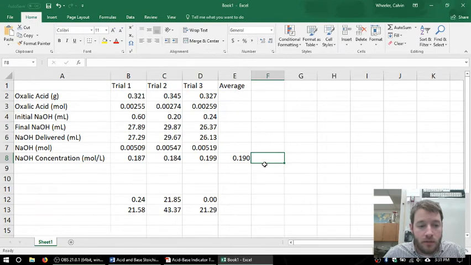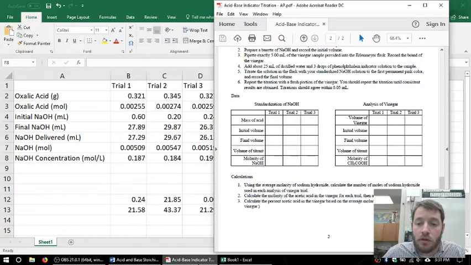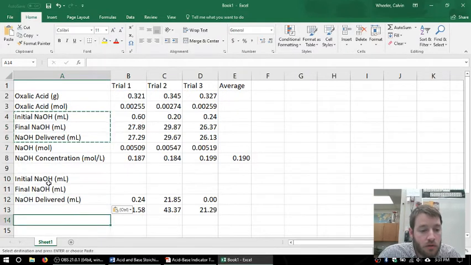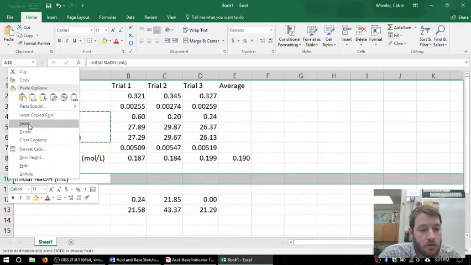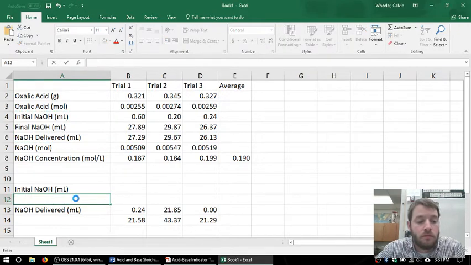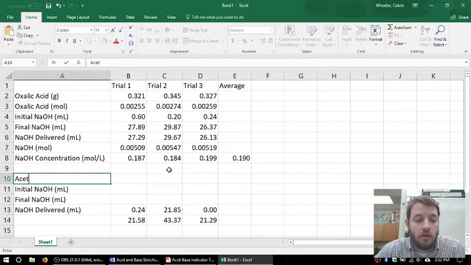And I need to do a similar calculation for my analysis of vinegar. So let me pull open the lab. I have volume of vinegar, initial volume of sodium hydroxide, final volume of sodium hydroxide delivered, and then my molarity of the acetic acid. So I'm going to need these three columns. I could put them here. Actually, I need at least another column. And here is going to be the acetic, or the vinegar